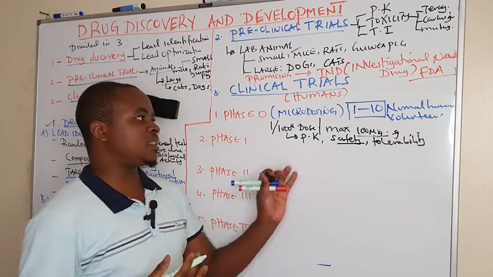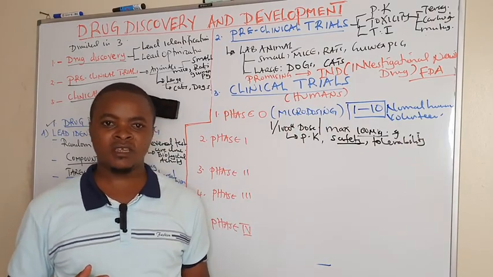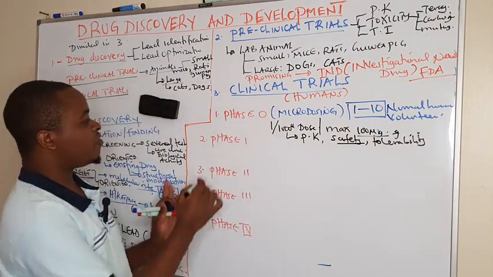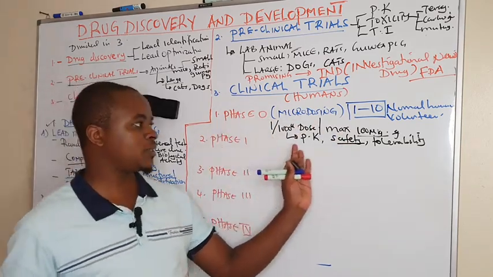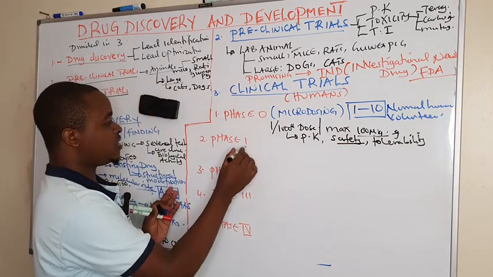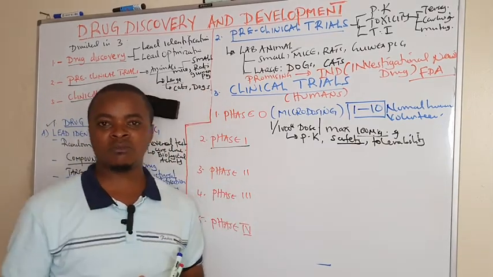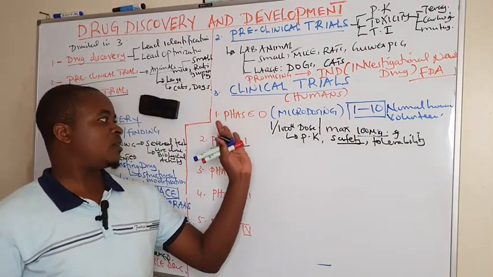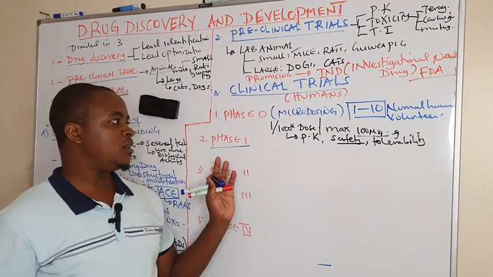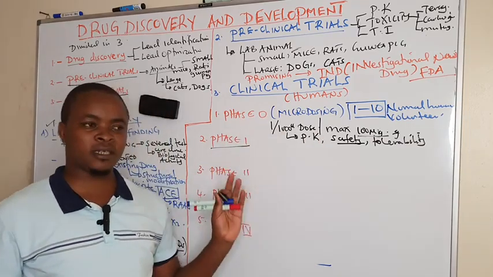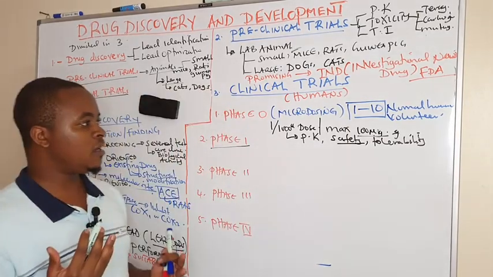But the difference is that we are using few normal human beings so that we save money. When the candidate drug does not pass microdosing, we cannot proceed to phase 1, which requires many people and requires much money. So after the candidate drug is promising, it has shown good pharmacokinetics in these individuals, has shown tolerability, now we